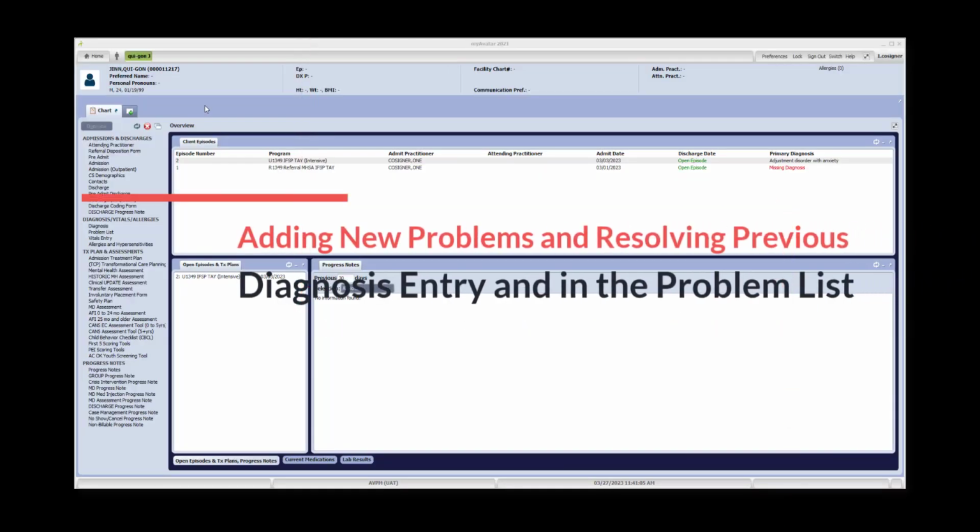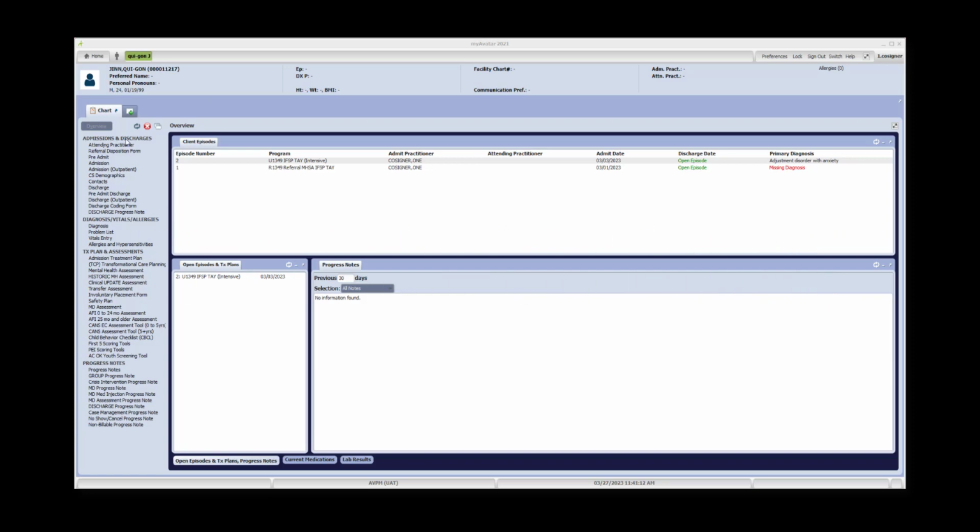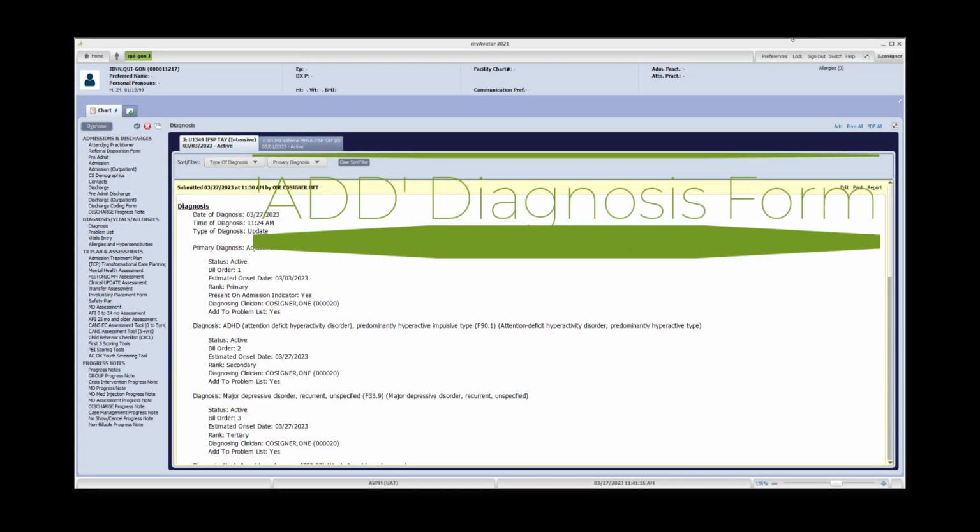Adding new problems and resolving previous problems on a diagnosis entry and in the problem list. From the client's chart, you want to go to the diagnosis form, click on Add,